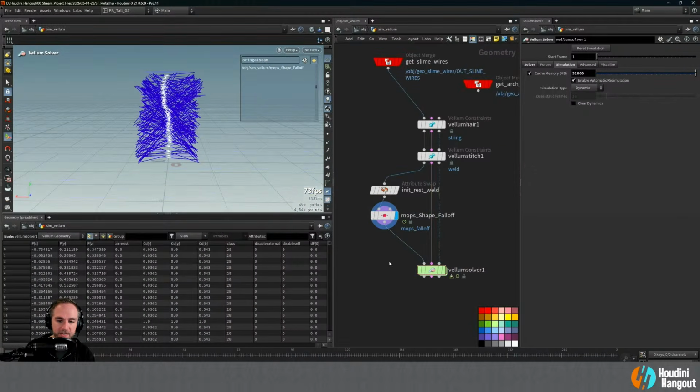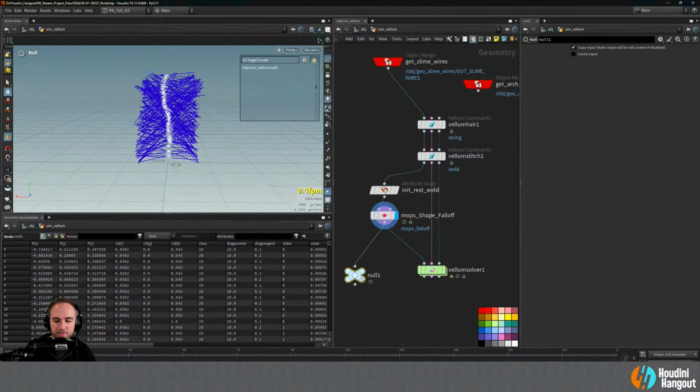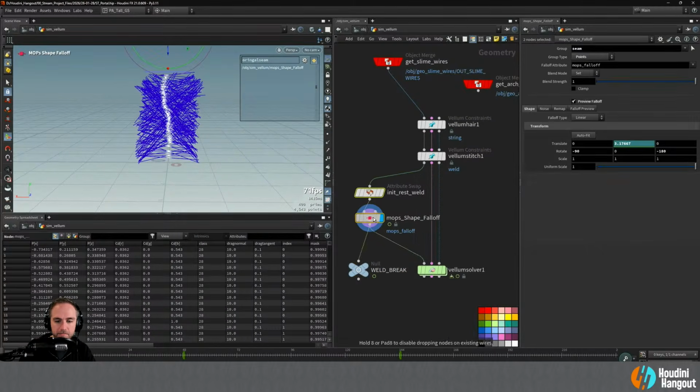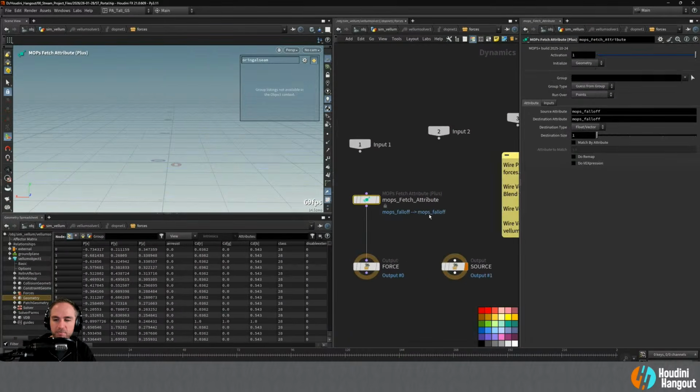Now the other thing I'm going to do here is I am going to make a null and wire this off to the side here. And we're just going to say, we'll call this weld break. How about that? And there we go. So we'll use that weld break as the source here. So we're going to change this to,